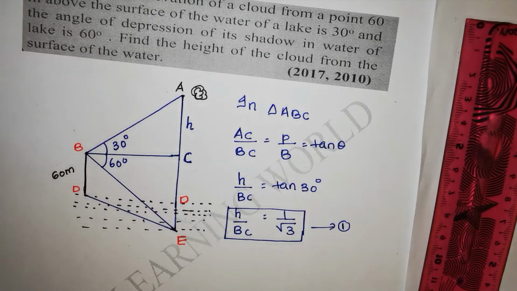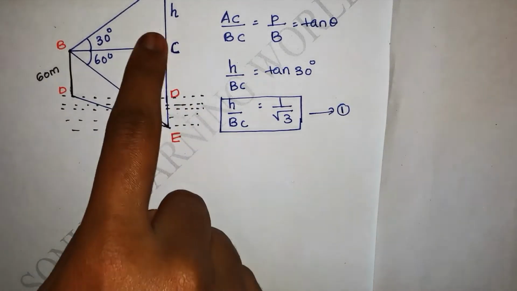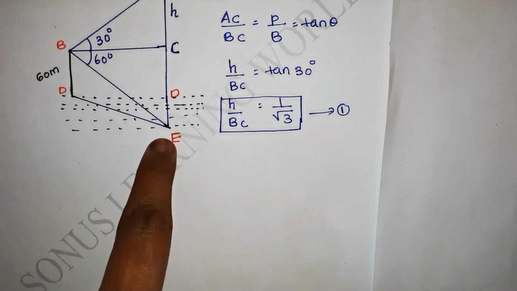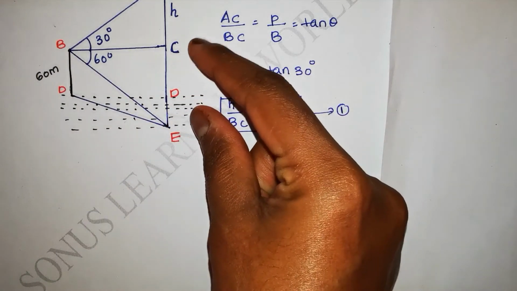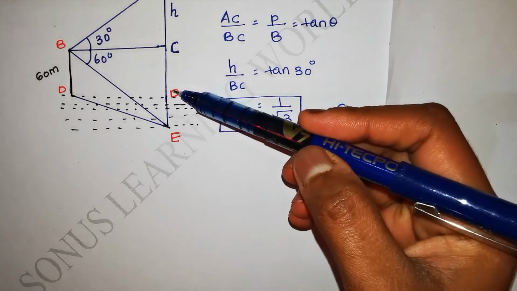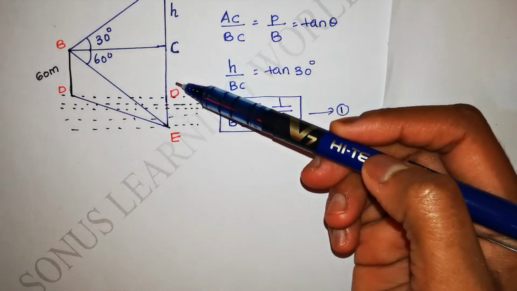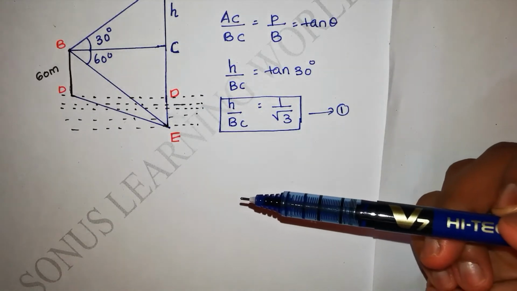So next we can take the other triangle. So students, first we took the triangle ABC. Next we can take the triangle BCE. Why students? From this triangle BCE only we will be able to find this DZ. So if we find this DZ, we can add this AC and CD. So that is the point.